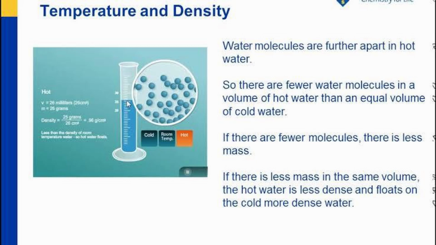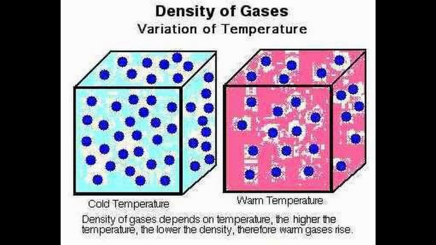So we know that density is equal to mass upon volume. So if there is a large change in the volume, if the volume is more, then what will happen to density? Density will be less. Density is equal to mass upon volume. Density is inversely proportional to the volume. If volume is more, density will be less. Same is the case in gases also. It's for both the liquids and the gases. When we raise their temperature, when we heat them, their volume will increase, and if their volume will increase, their density will decrease.